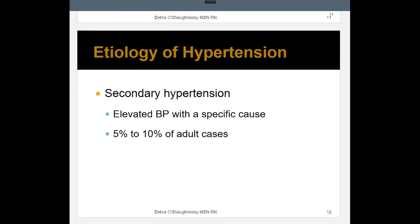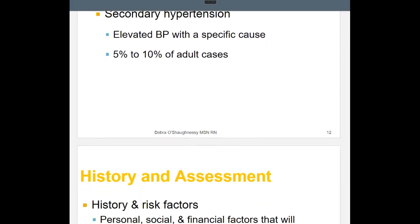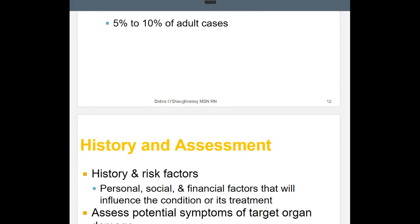Another type of hypertension where the etiology is from a different cause is secondary hypertension, where you have elevated BP with a specific cause, and this is in about 5 to 10% of all adult cases. What we mean by that is where we see patients that might have a tumor in their adrenals, which we call pheochromocytomas, maybe patients that develop Cushing's disease, maybe a person has renal artery